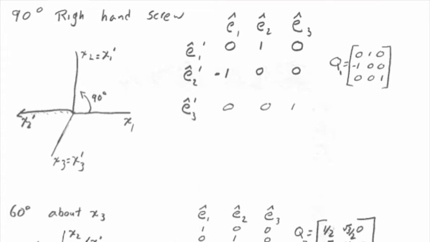And I said a 90-degree rotation about x3 in the sense of a positive right-hand screw, right? So that means, right, we're rotating. If I put my thumb along the x3 axis and I turn it with my right hand, right hand rule,